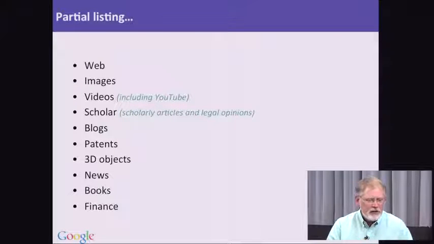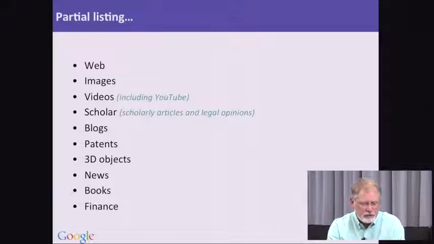We've already talked about videos and images and web content, but there's also Google Scholar, which has a lot of scholarly information. There's ways to limit your searches to just blogs, just patents, even 3D objects. You already probably know about news, but did you know that there's a lot of financial information? Let me give you about a 2-minute tour of the different kinds and varieties of content that we have available